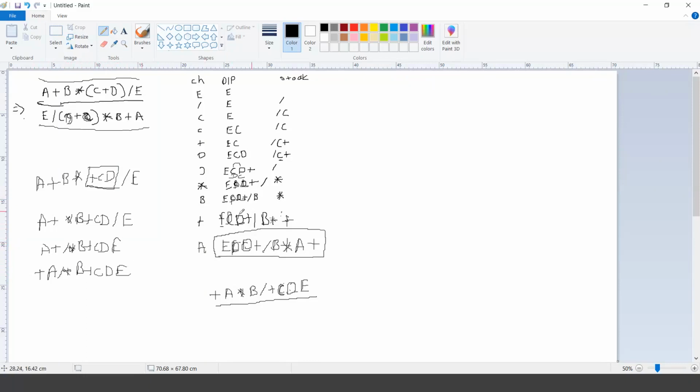I guess here also I've made a mistake because this division has to be changed. The B operator has to come on the left hand side. So I guess while writing I've done that, star B divided by A. So somewhere I've made an error in pushing the operator. The expected string should be CDE plus, up to here it is correct. Then I need B, and then I need star, and then I need divide. So here I have made a mistake. Let me correct it. So let's revise the story.